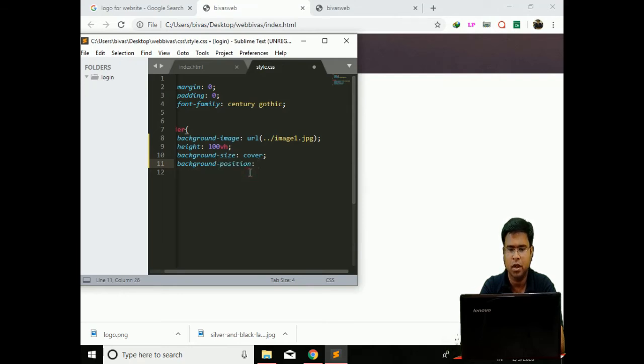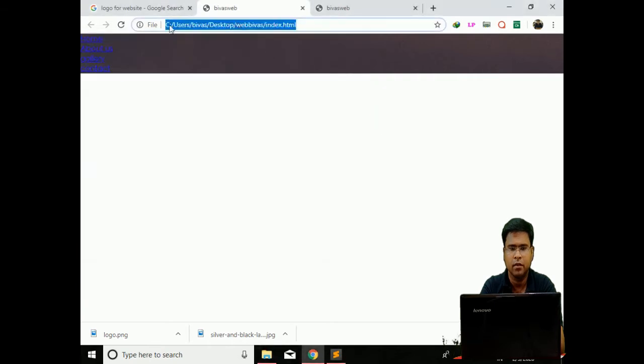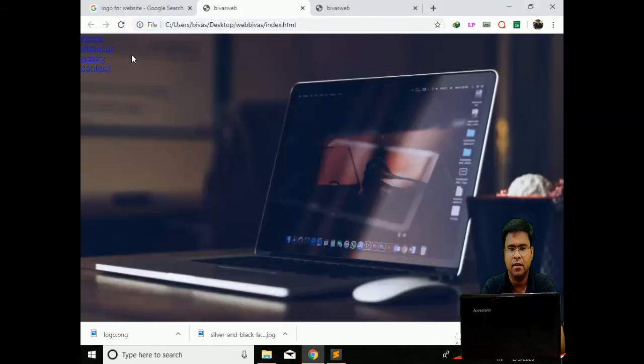Background position, I have set as center. Now I am showing you the effect. I am saving it, reload. This is our picture, and it has covered the entire screen. It is used as a cover, and it will look like that.